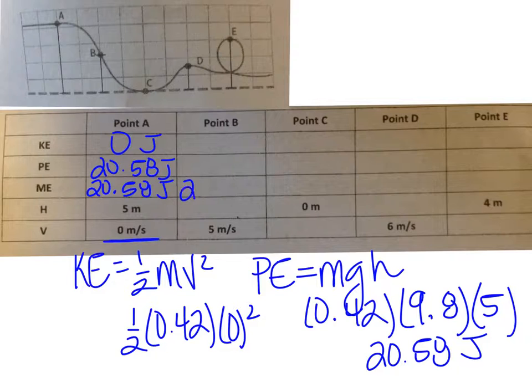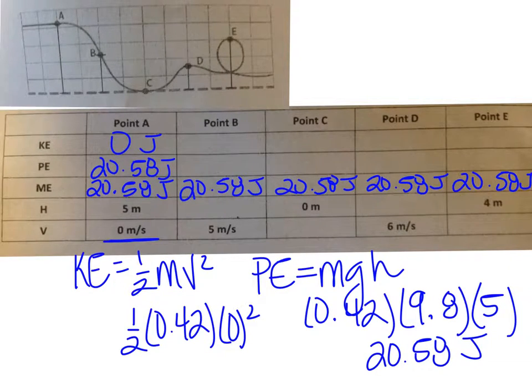So you're going to have 20.58 here, 20.58 at point C, 20.58 at D, and 20.58 at E. So once you figure out point A, or whichever point you figured out first, it is the same across the entire coaster, or whatever the situation is. All right. So now going on to point B,